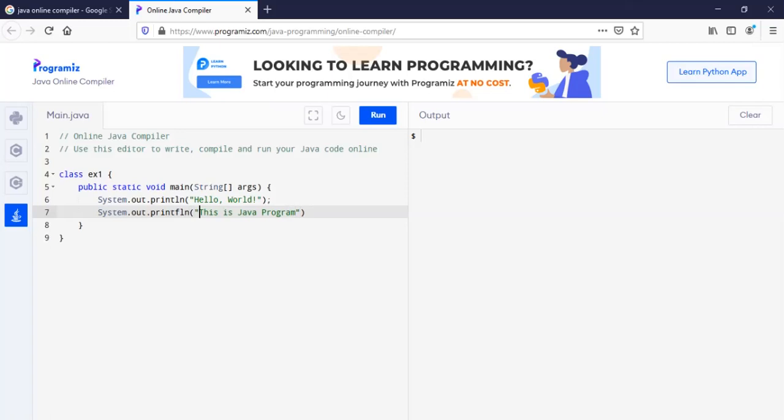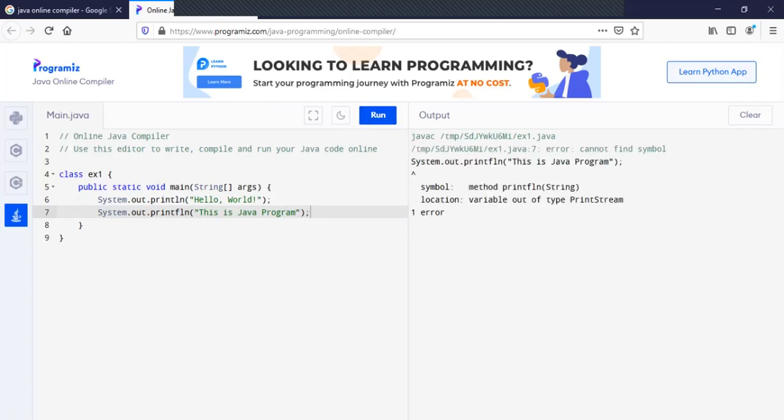So I'm displaying this one also. Okay, and you have a run button here. You can click on it directly. No need of doing everything. It simply executes that program and displays the output here.